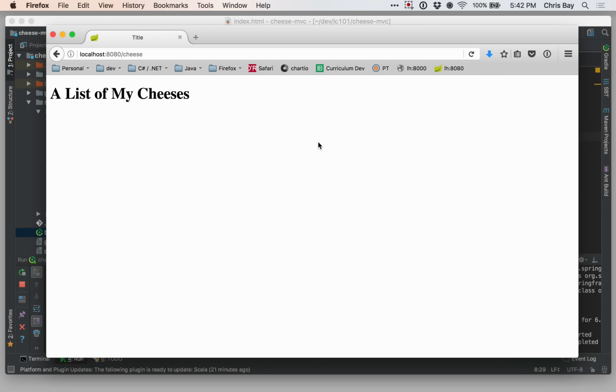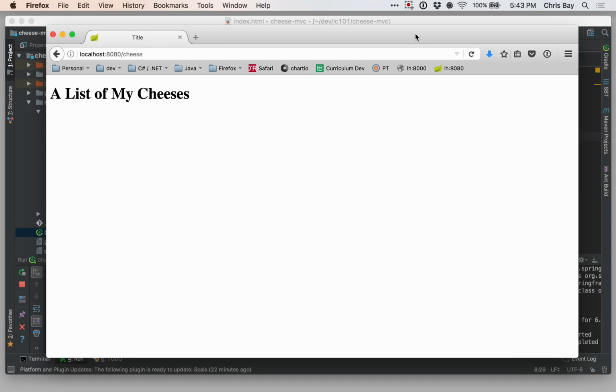Okay, so just a nice little trick there. And remember that if you still make changes to your Java code, you're still going to have to restart your server. But at least when we're working only in the templates, we can make changes and refresh and see those changes reflected immediately. Okay, and one more thing I want to do to conclude this first lesson in our exploration